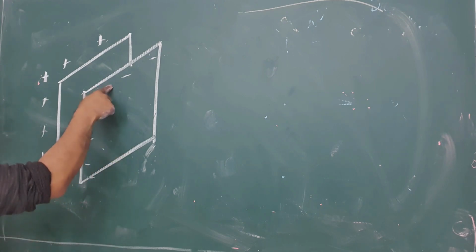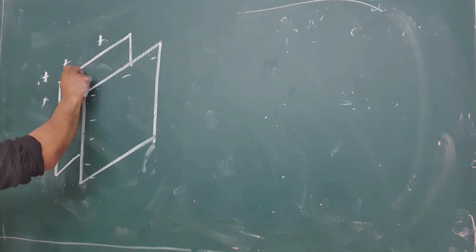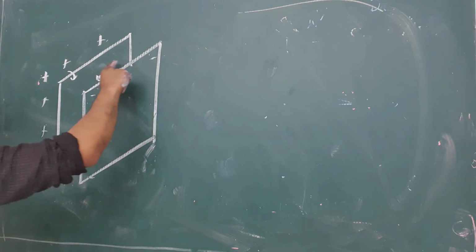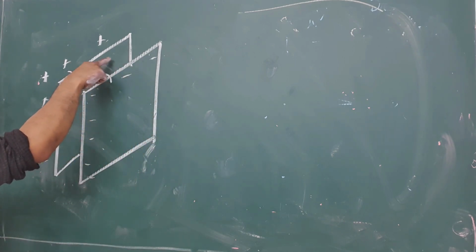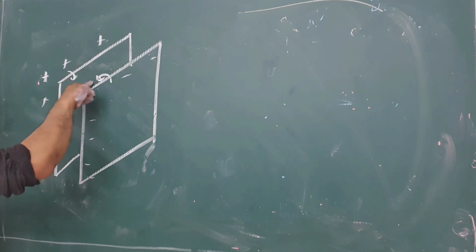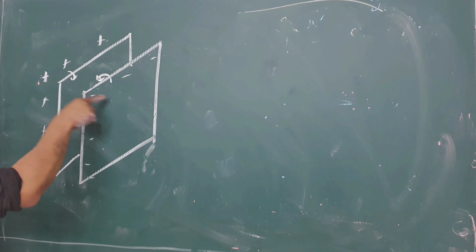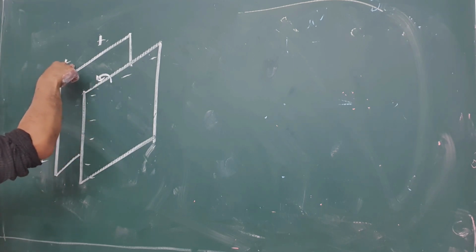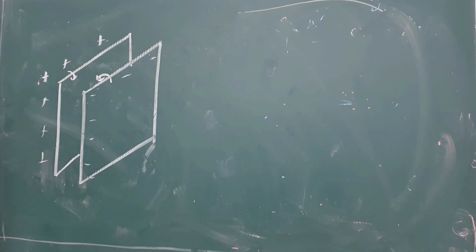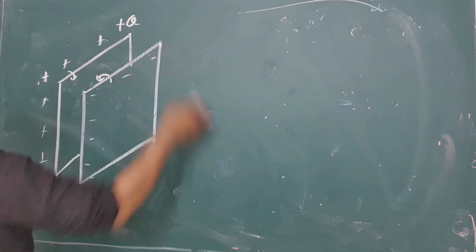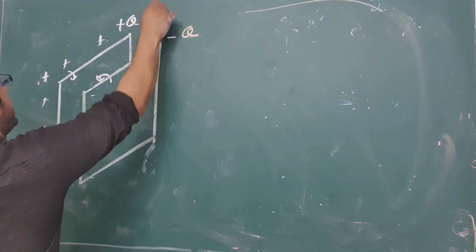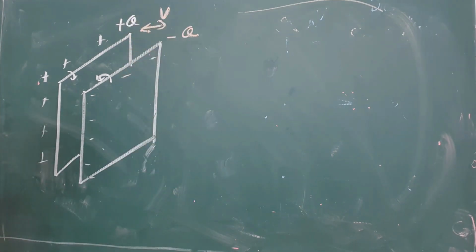After charging this plate, this charge comes here, this charge comes here. I do not mean it comes onto the air, I mean that the charge comes into the inner side of a plate. This plus charge comes into the inner side of a plus plate. Now this is plus Q and this is minus Q. It makes a voltage difference.